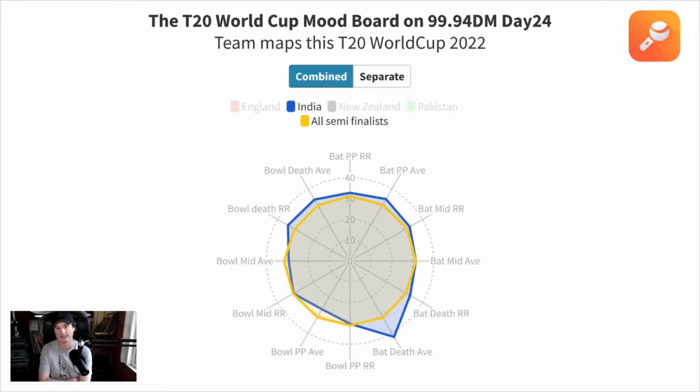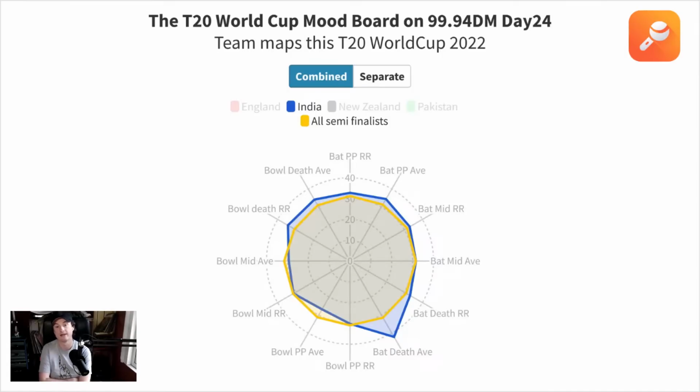The interesting thing is that while they're taking all these wickets in the top and the middle, they're not particularly slowing teams down quite as much. So you can see that even by the middle overs, their spinners haven't been able to control the game as much as some other teams certainly might be able to, despite the fact that they're taking wickets, which I do find a little bit surprising. And then that goes on to the death, and I don't think any Indian fan would be surprised to know that they have a particularly bad death bowling rate. And when it comes to average as well, they're not taking wickets.